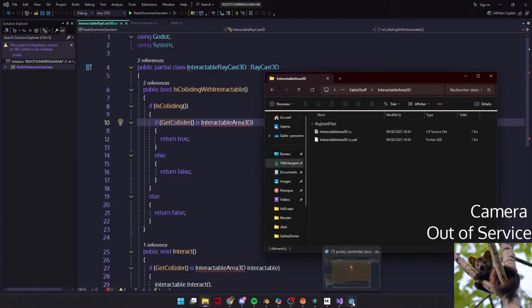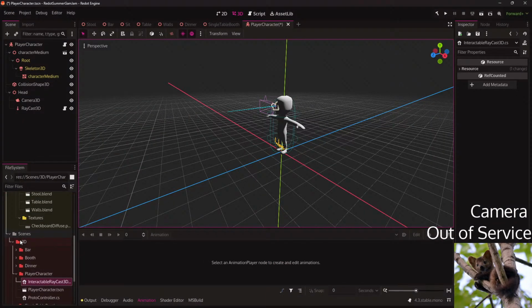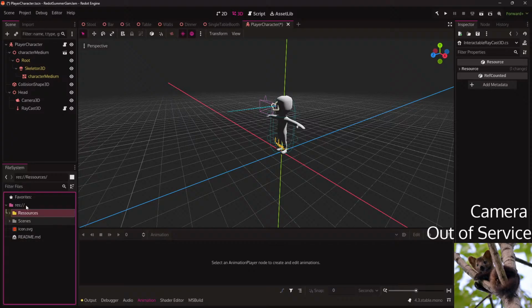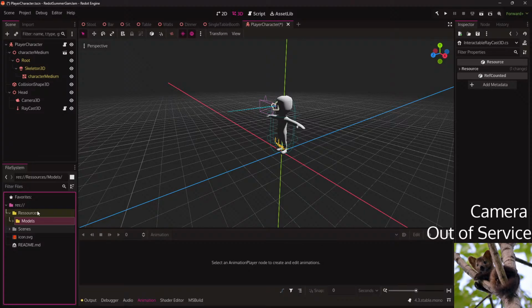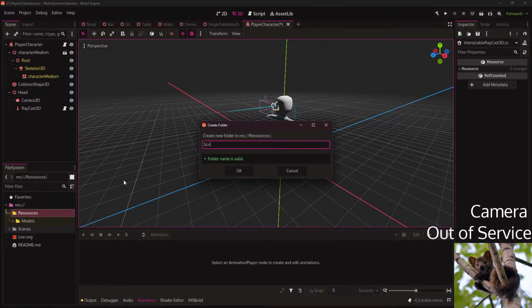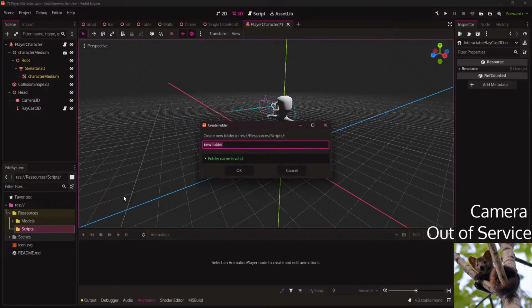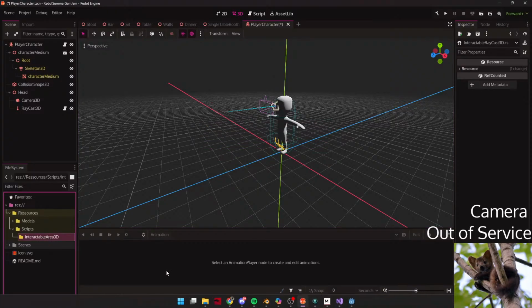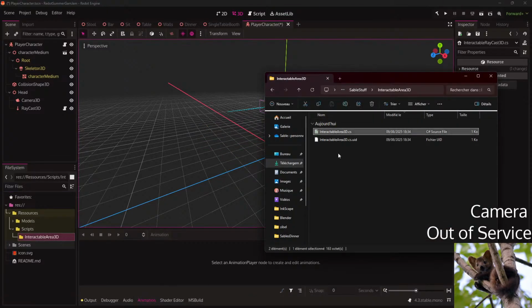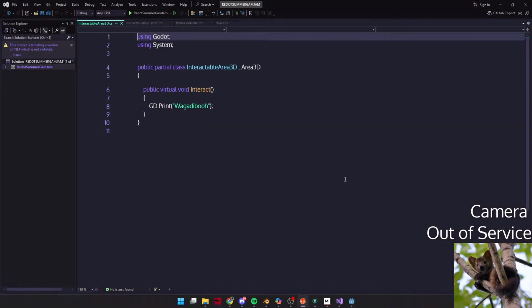Have to put this somewhere. So that is interactable, React, baby. I'm not sure I really want to grab this. It might be slightly outdated.